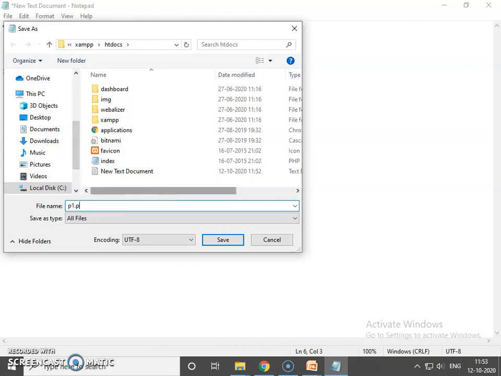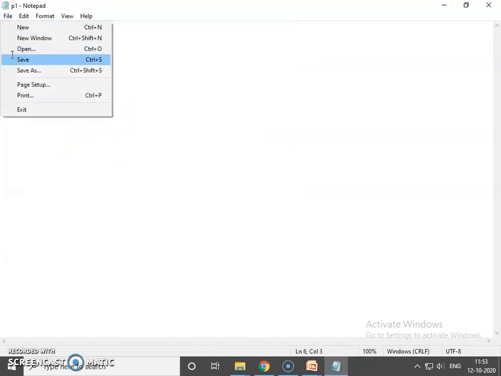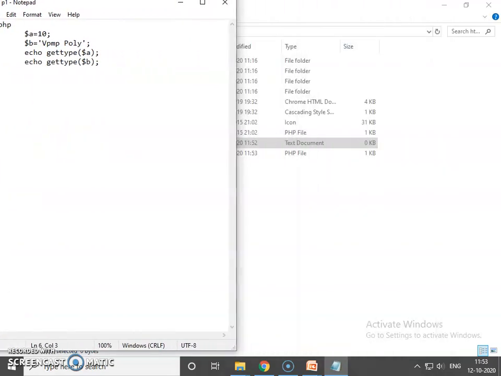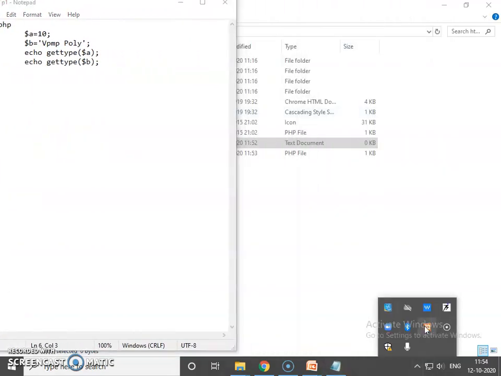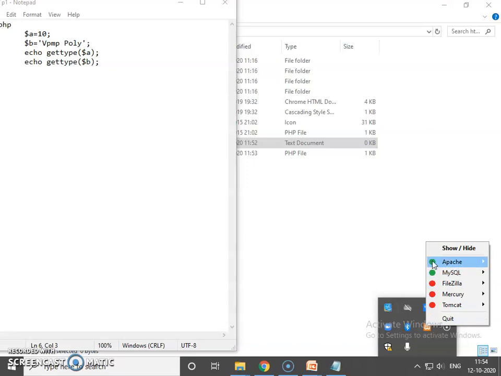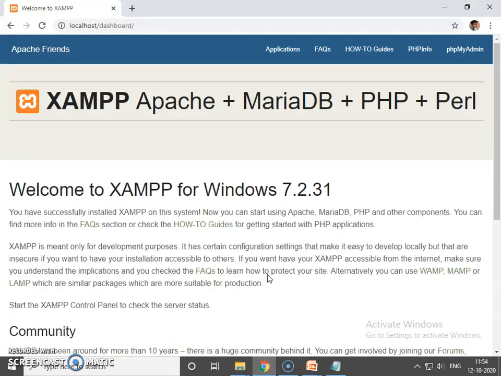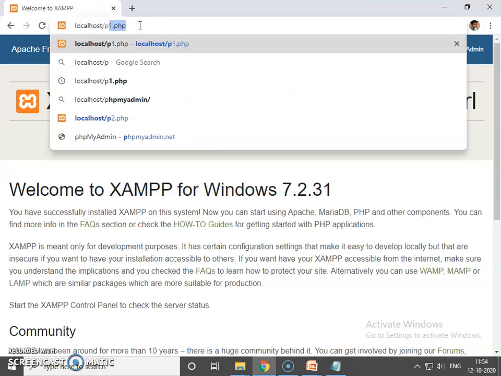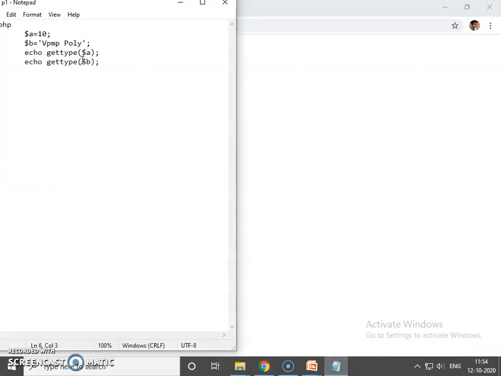The extension must be .php. My web server is already started. Now we will open the browser. Our file is p1.php. So integer and string.